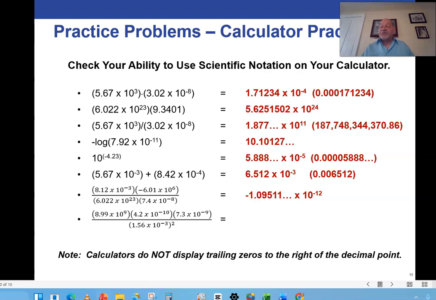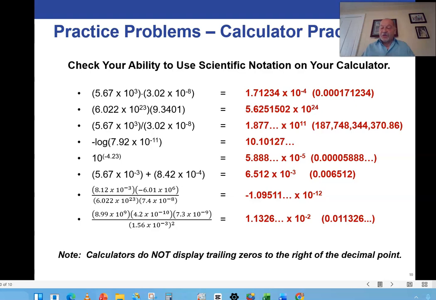You multiply those three numbers, and then you divide by the distance squared. So in this case, the distance is 1.56 times 10 to the minus 3. That would be in meters. And then you square that number before you actually do the division. So make sure you hit the square button for that number, so that number is squared, and then hit the equal sign. Pause the video here, and the answer is